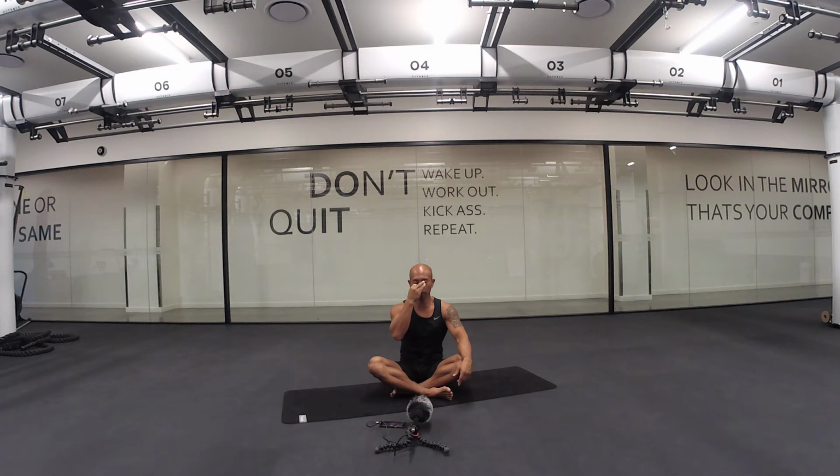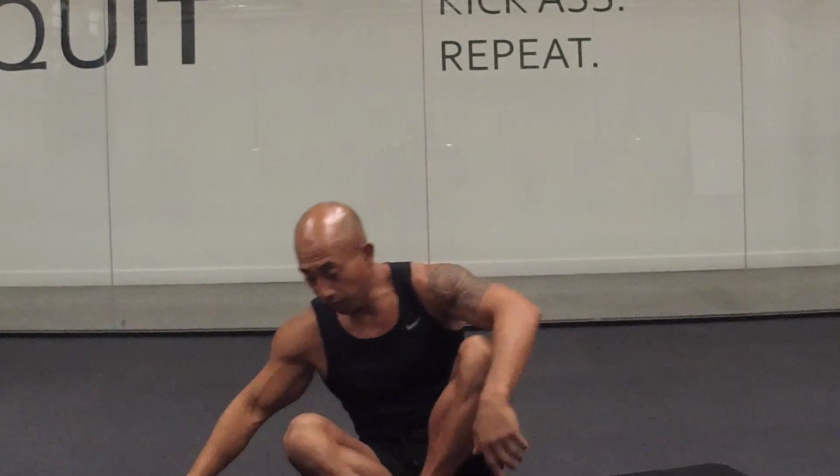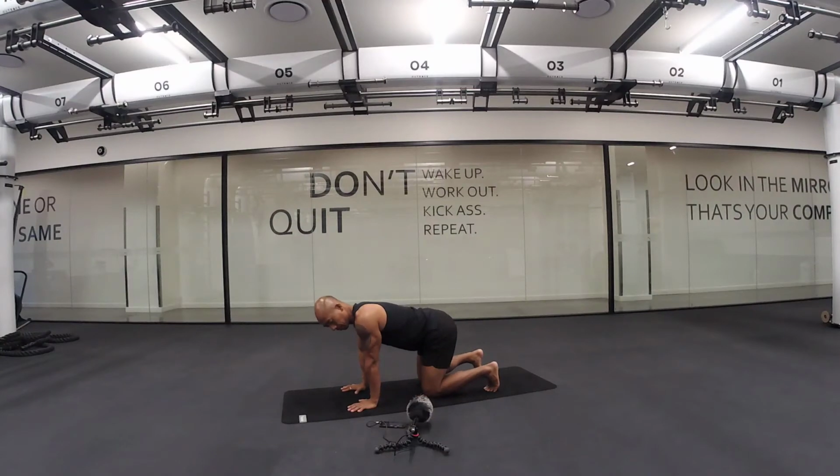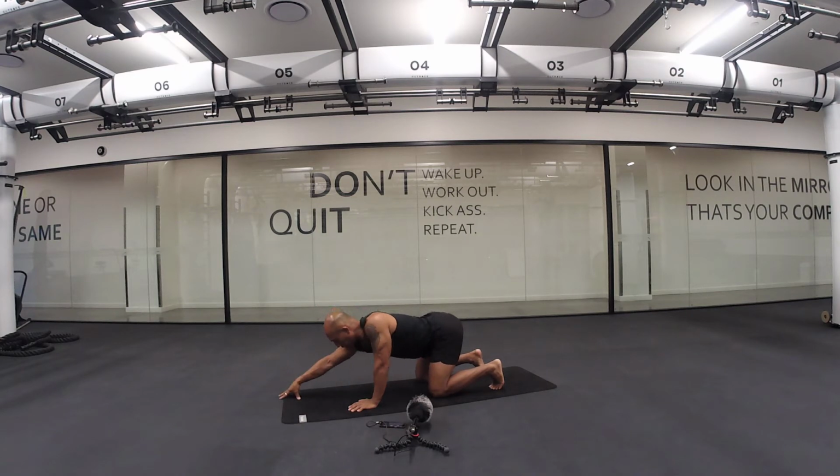One more calming breath in. Releasing on the opposite side. And then gently coming back to center. We're going to come forward into Bitilasana, your cat-cow pose. As you rotate the biceps towards the front of your space, neck grows long. Take a deep inhale. And extend that right arm forward as the fingertips of the left hand go underneath the